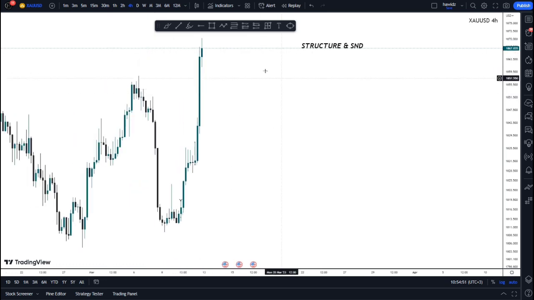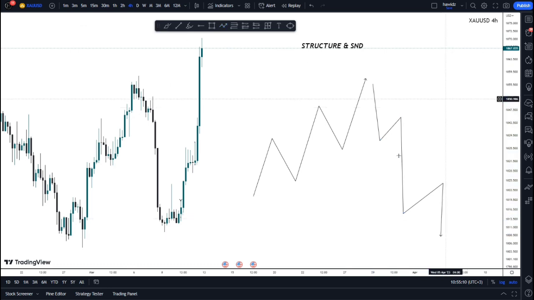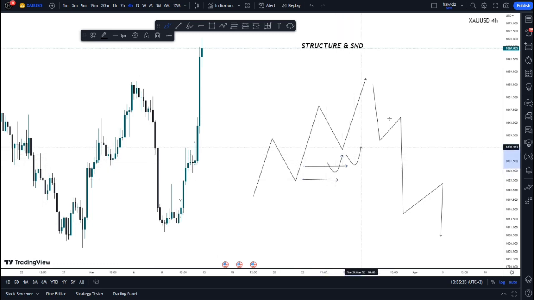Now, first and foremost, the thing that we need to look at first is structure. We need to understand the structural context that we are currently in, if we are either on a bullish trend or a bearish trend. We need to fully understand which market structure we are currently lying on. If we are in a bullish trend, then we'll be more focused on looking for areas to buy from. We'll be looking for buys and not sells. We don't want to trade counter trend. Trading counter trends can be a little